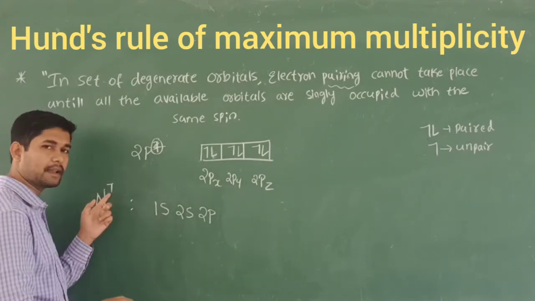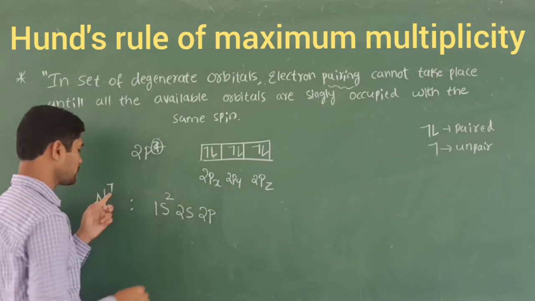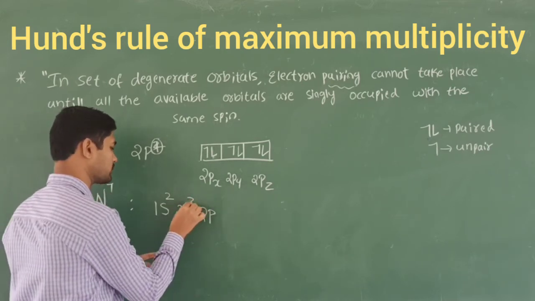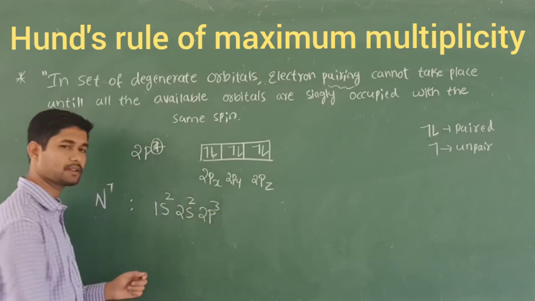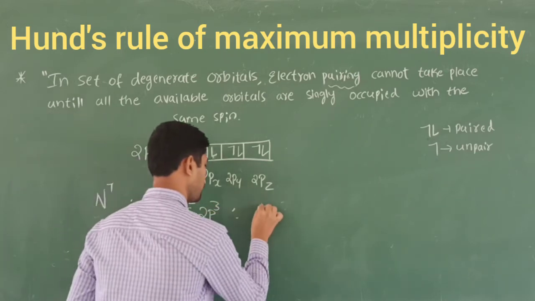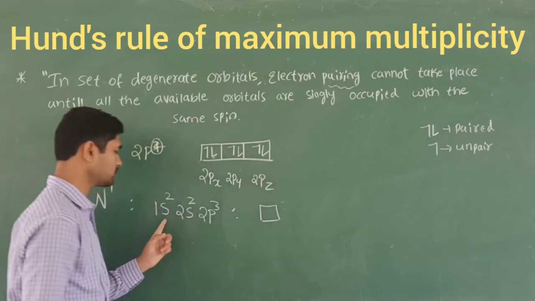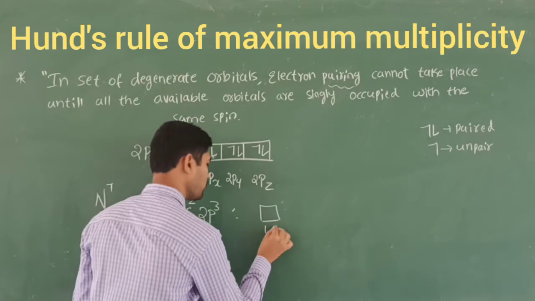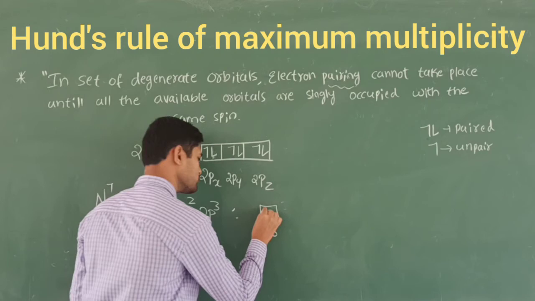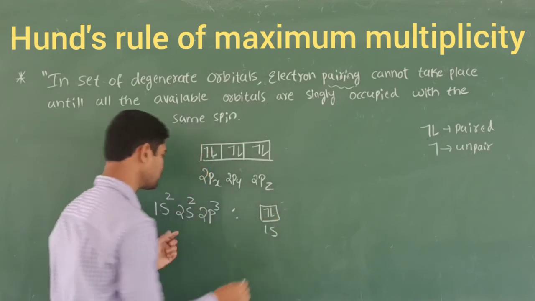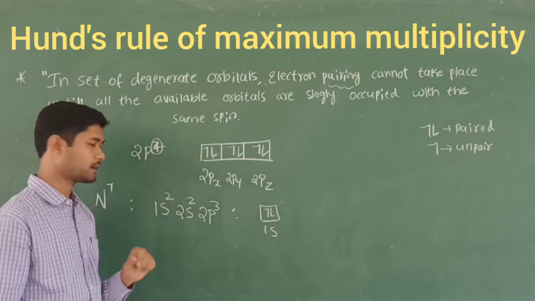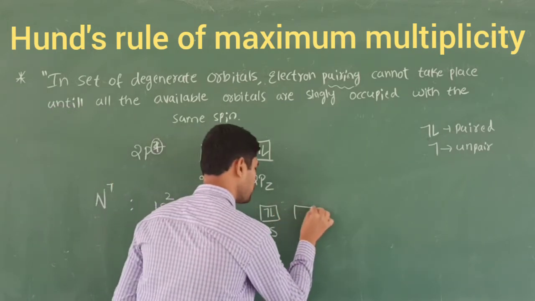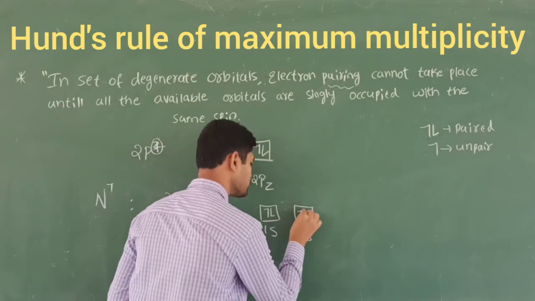The s orbital can have a maximum of 2 electrons, right? 2s can have a maximum of 2 electrons like this. What about the extra? That is 2p3. First you should write like this. How should you write the 2 electrons in the s orbital? This is the 1s orbital. First you write here and also here, because this is a single orbital, so you can directly place 2 electrons. Similarly for the 2s orbital, the s orbital is no problem.